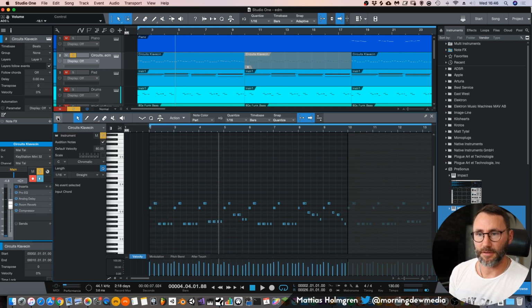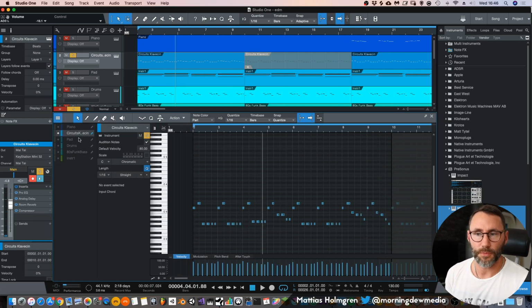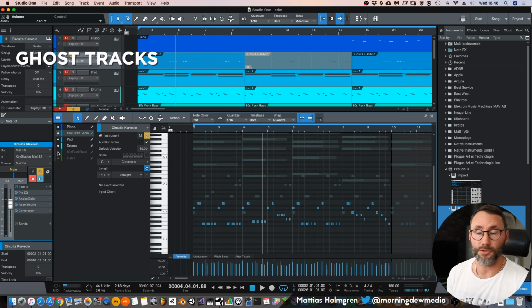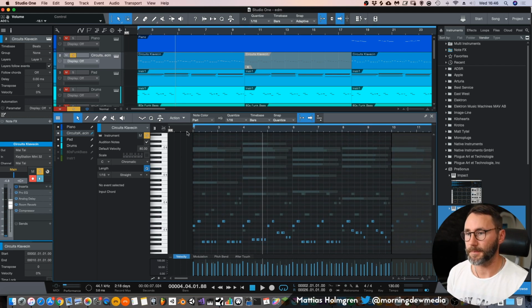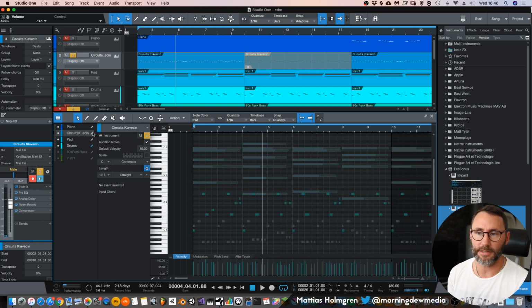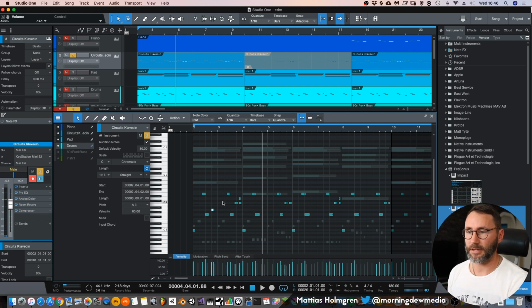You can see if we have this track panel open within the piano roll, we can see our track that we selected up here. But we can also use these other tracks and have these ghost tracks. So we can see the harmony, the underlying harmony. This is something that you often see in FL Studio. But as you can see, we can do the same thing here in Studio One very easily. And you can also select which of these tracks you want to edit at any one given time. So you can just select the track here, and you can see this little pen which turns blue, which means that you are editing that specific track.